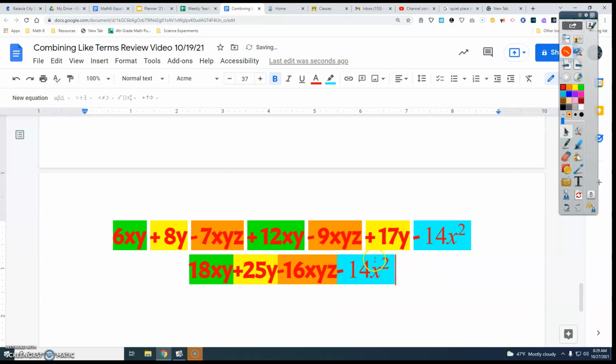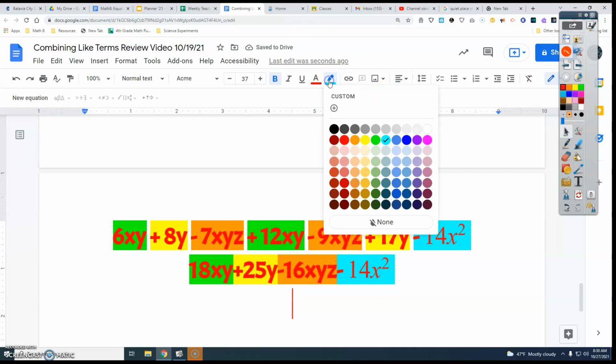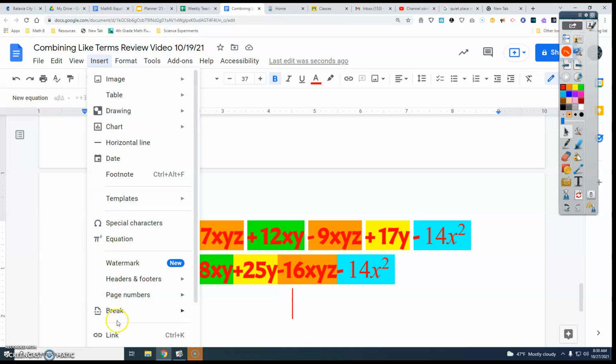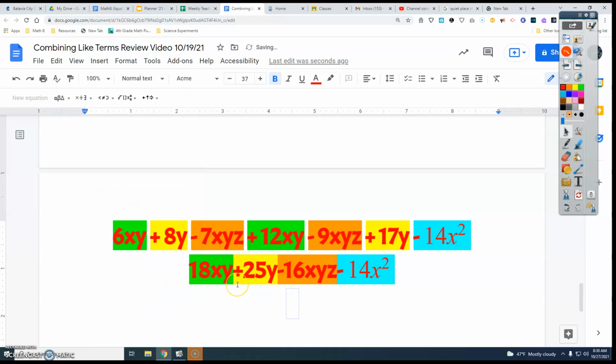The only thing I want to change this to is standard form. So if I go below, standard form is this. So standard form is going to be putting our highest degree first. And that goes by exponent. Degree is exponent. So this has a degree of 2. So I have to put negative 14x squared first. All right? So negative 14,